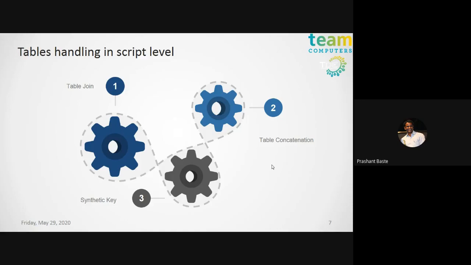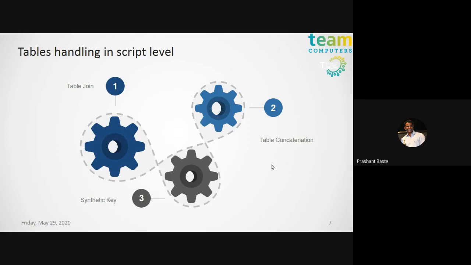Why am I repeating this? Because when we are working in the field, people are not able to identify what the expected result should be after a join, and whether the actual outcome matches the expected result. If not, what is the issue? How to debug this? How to correct it? It is very difficult for many resources.